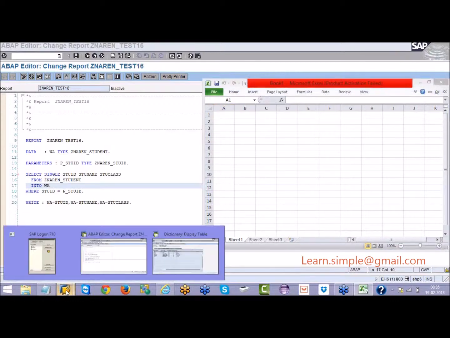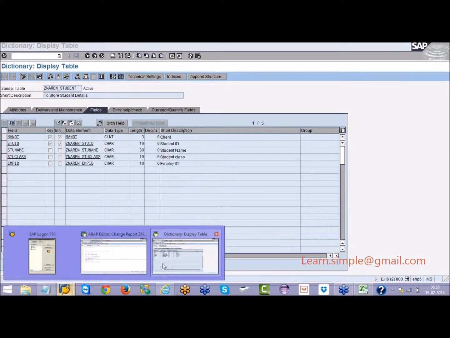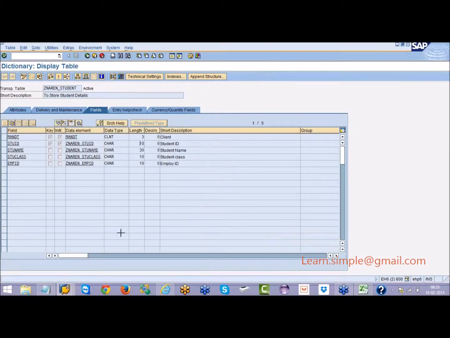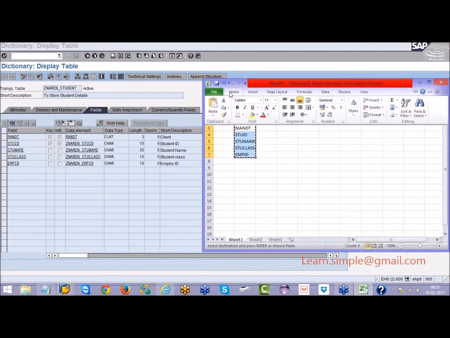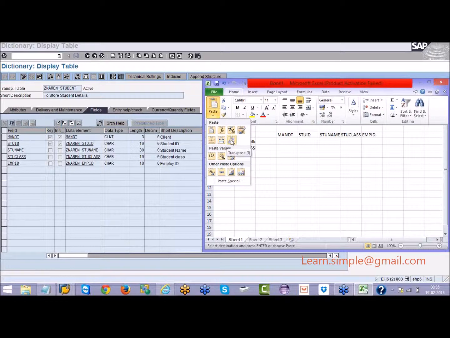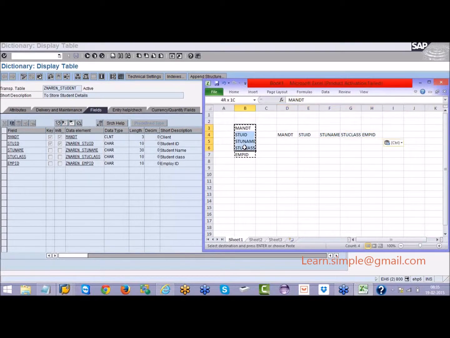Okay, so let us go to the table and see how many fields are there. There are 5 fields. So how does my work area look? With these 5 fields, I will be having a work area. Okay, file, paste, transpose. Okay, done. So my work area looks something like this.